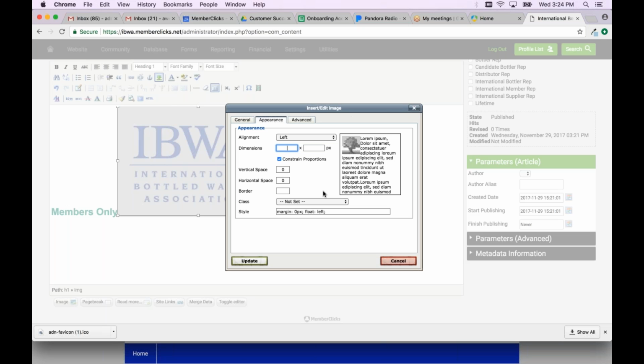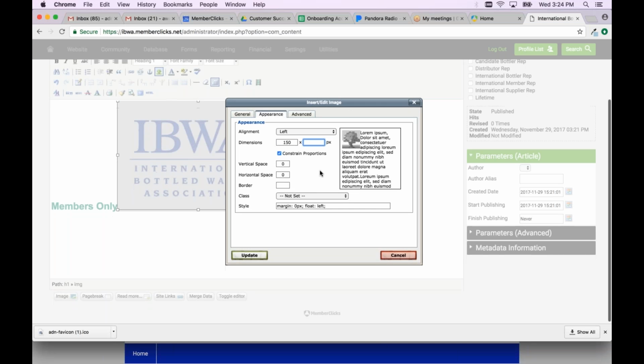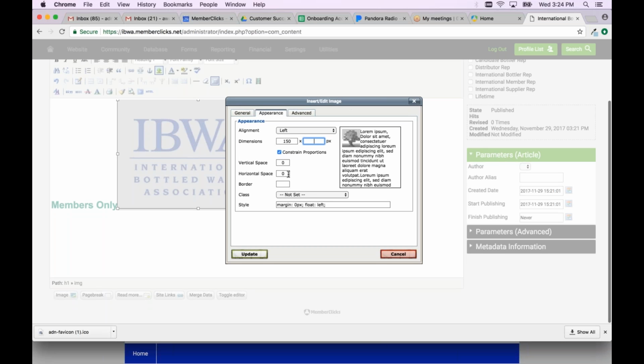We're going to change the dimensions of the image. So I maybe want it smaller. We might want it bigger. We're going to make sure we keep this constrained proportion, because that's going to be what creates the second size, the second pixel. All right, then we're going to determine the vertical and horizontal space. That's going to be the space cushion between the text and the image. Okay. So this is going to be measured once again in pixels. Notice now we've created some space between the image